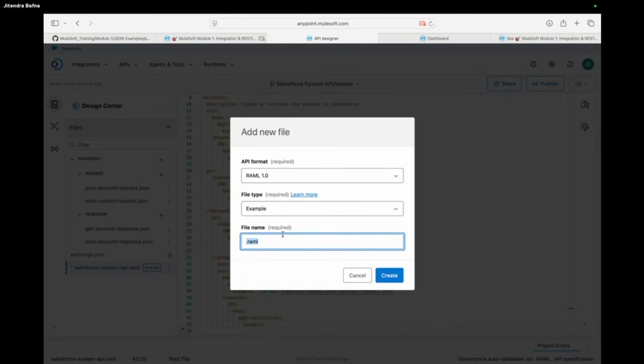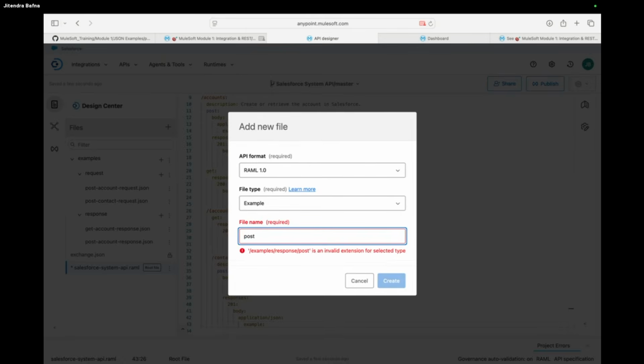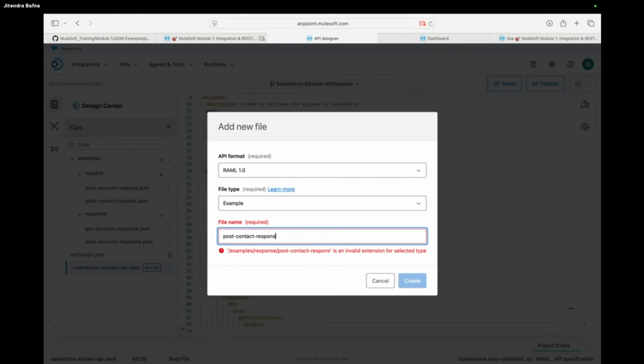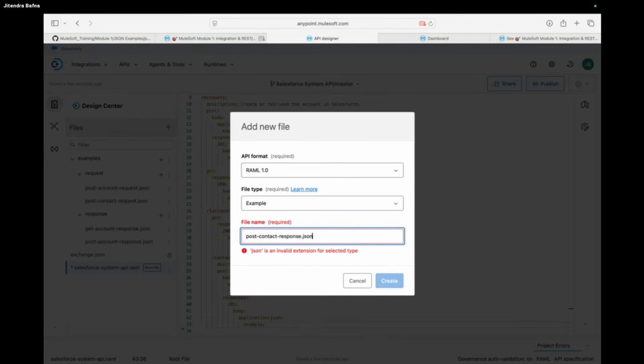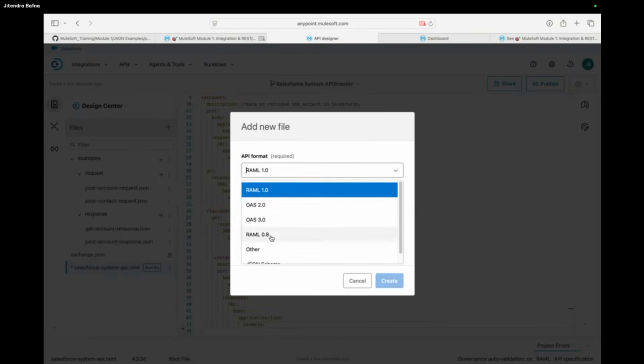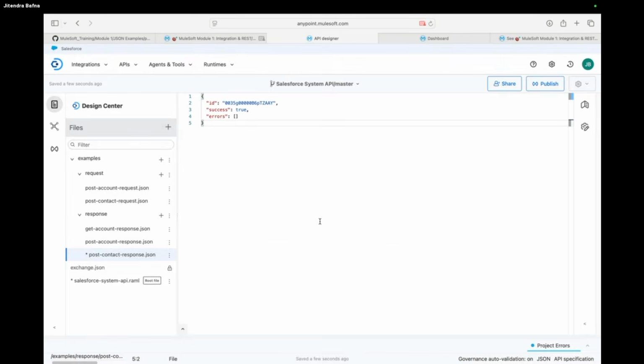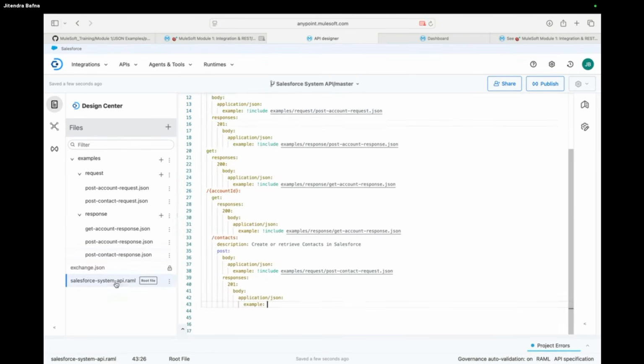So I can change it to post contact response.json. It will not allow that, it will just take the RAML only. So that's why I go with other. Okay, just paste it. This is my example. I would have used the same, but I generally keep it separate, in case in future we want to change something or add something additional.